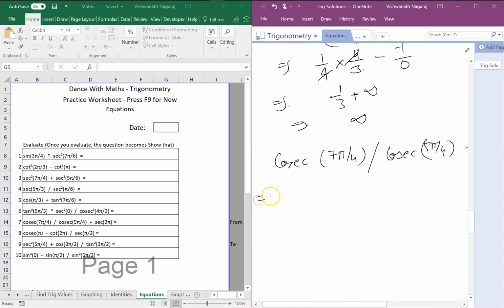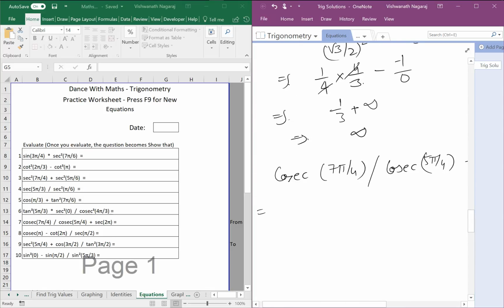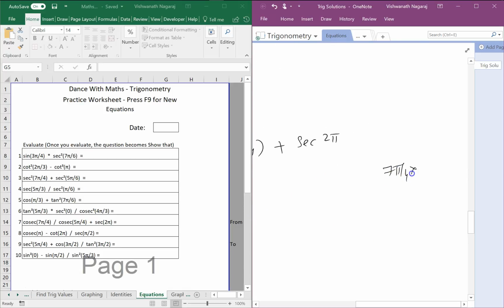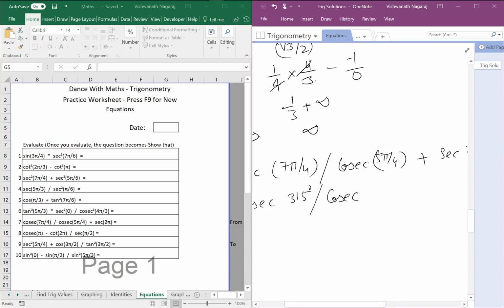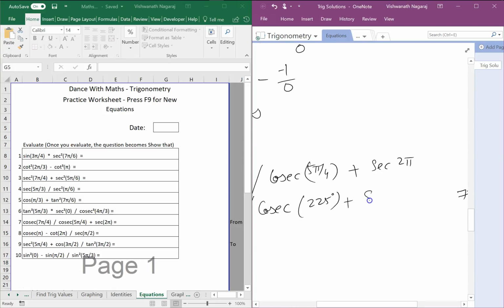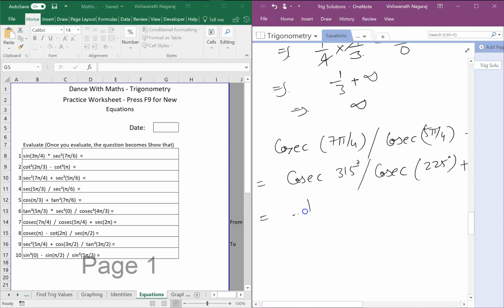Okay, remember you have to follow BODMAS rules in all these operations. So 7 pi by 4 is what? 7 5 are 35, 3 7 4 are 28 plus 3, 31. So that is 315 divided by cosec 5 pi by 4. So again 5 into 45, 225 degree plus sec 360. Okay. Now we know cosec is 1 by sine 315